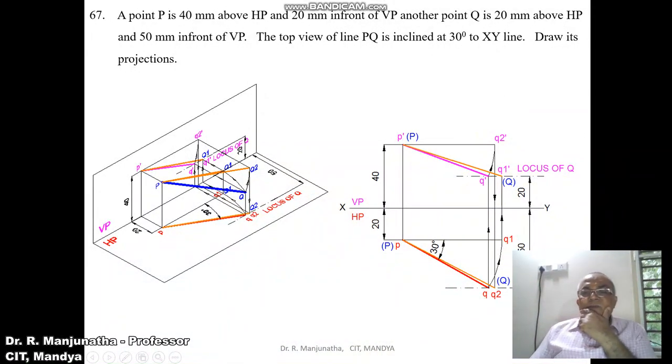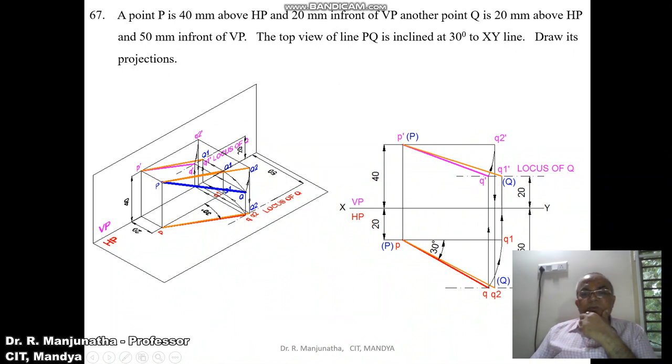Now, once you have the front view and top view, you are going to get the line in space. That is this line projected from this and also projected from this. So you are going to get PQ. Now we have to make the line parallel to VP. With P as center, taking the radius of PQ, you rotate it and make it parallel to VP. So PQ1 is the line which is parallel to VP. Once it is parallel to VP, you are getting the true length in the vertical plane. You can see that P dash Q1 dash is the line which is in the true length.